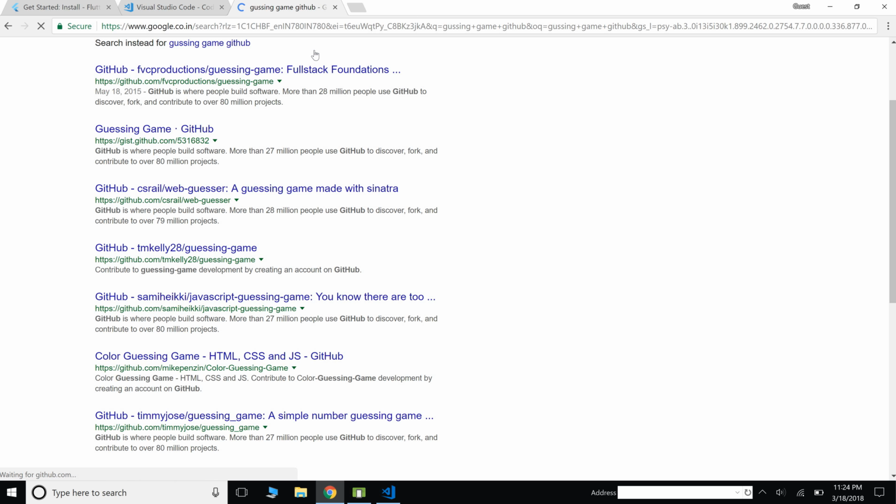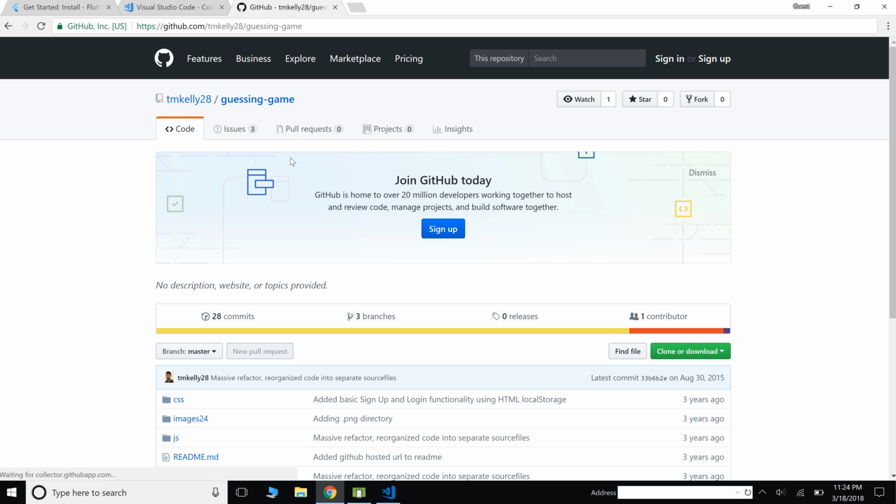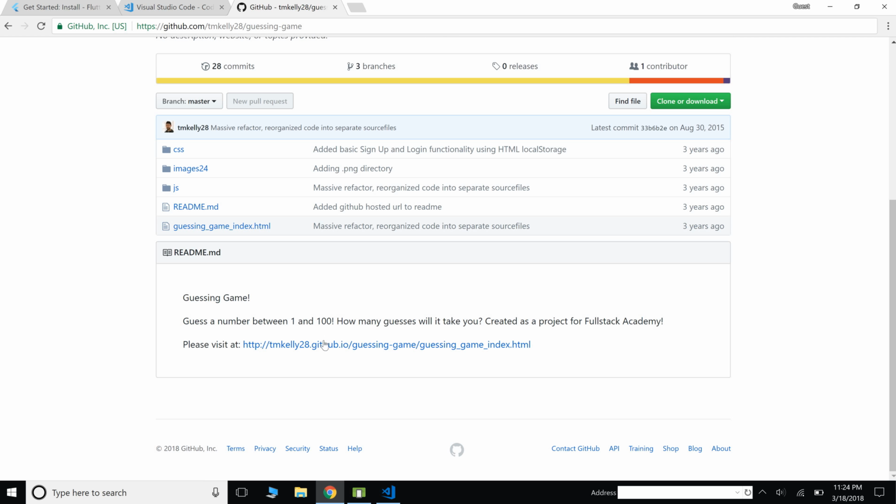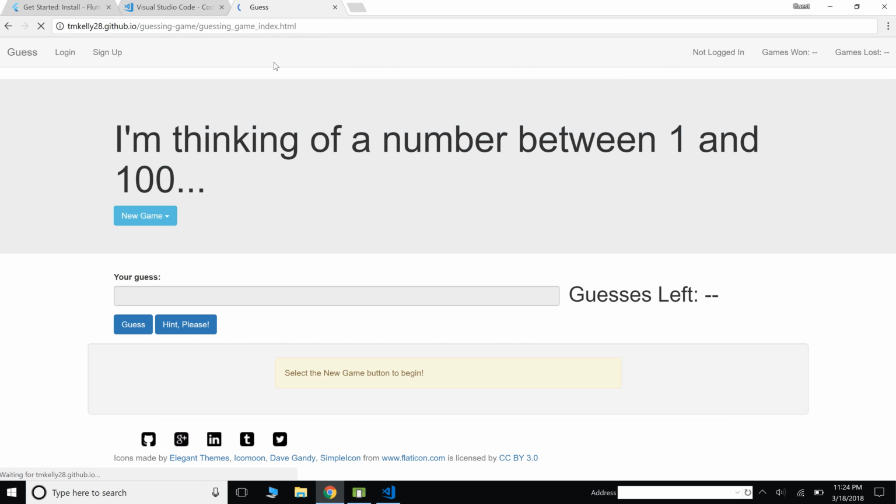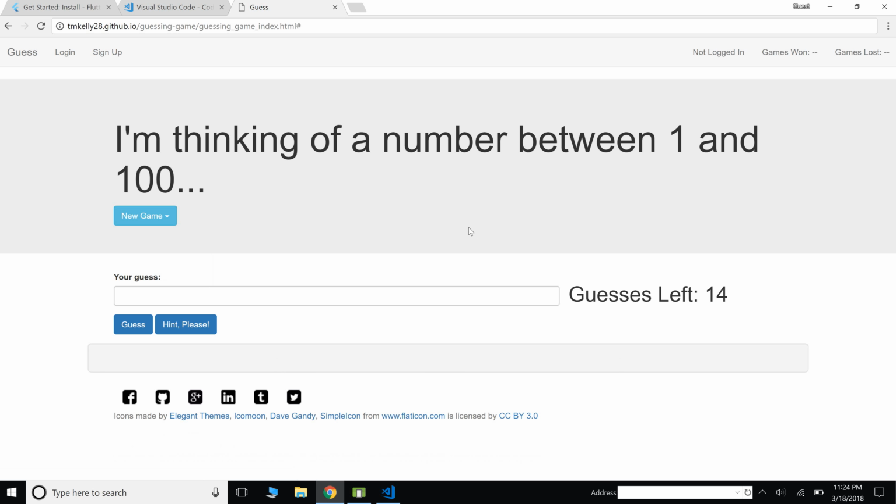Let's try this one. So we'll get the idea of what we are going to develop. Okay, so in this game the computer will generate some random number between 1 and 100, and you will have to guess that number. Okay, so let's play the game